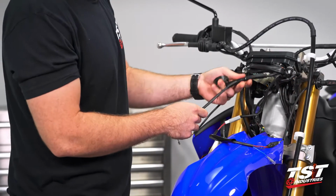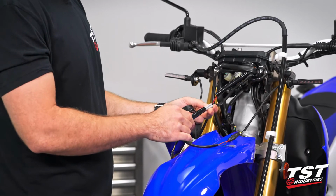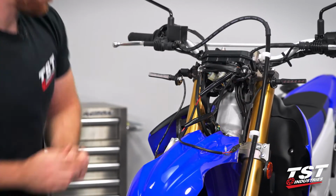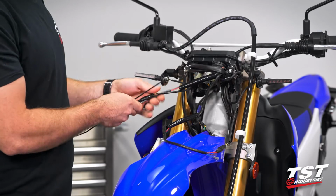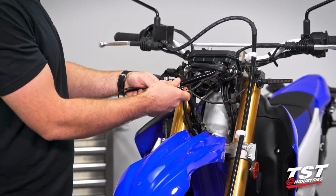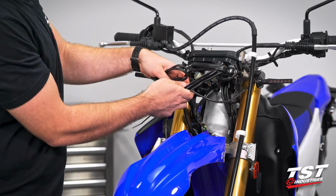All right, so with our sheaths in place over our OEM connectors, we can go ahead and grab a zip tie from our spares bin. Take the wire. I like to loop it in half, both of them. They should be about the same length at this point, so I'm going to loop them in half, go in half again,